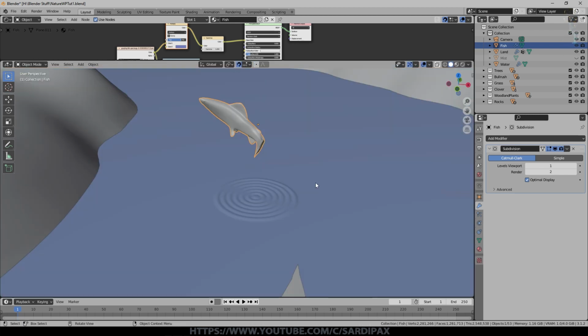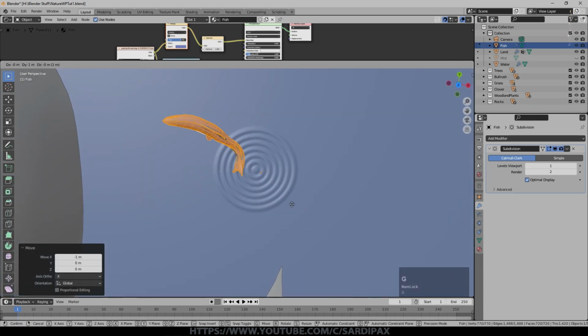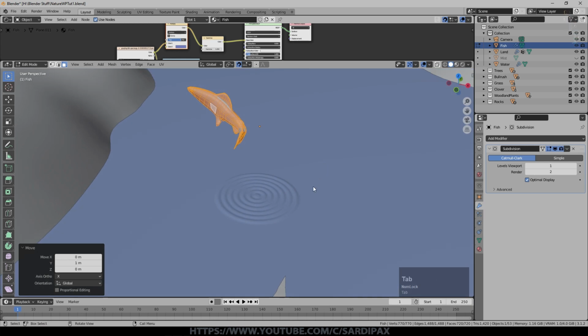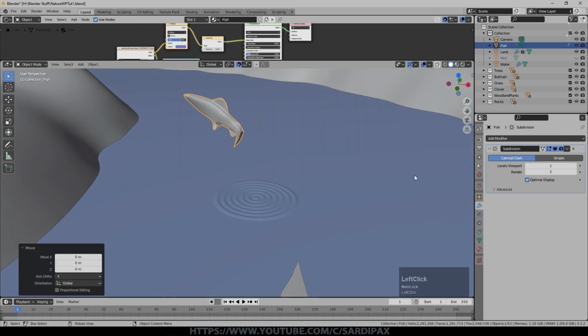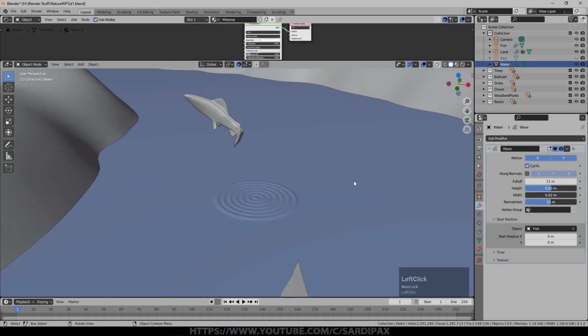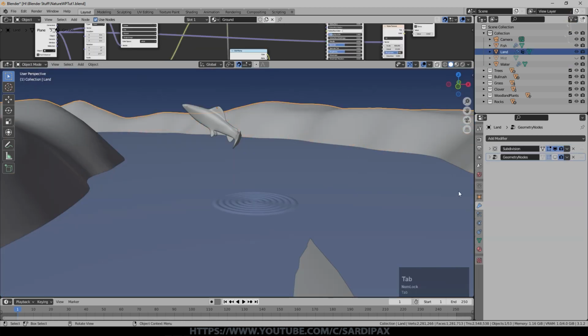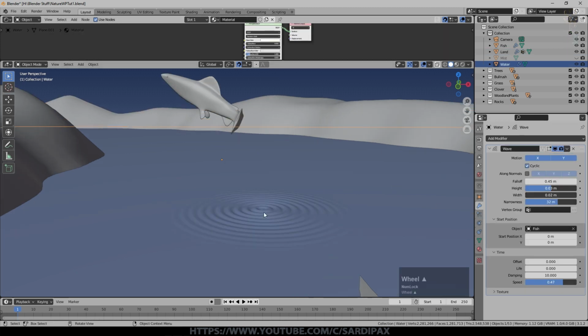And then you can see the water splashes have stayed where they were, even though the fish has moved, because obviously he's leaping out of the water, so he doesn't necessarily need to be directly over them. And we can move him around a bit, but obviously we need to be somewhere near to where the additional geometry was added. I mean, you can add it to the whole thing, but that's an awful lot of extra geometry with the number of subdivisions you need. And you can do some of it with a subdivision surface, of course. And there, by playing with the falloff, you can now see I've got that more gradual falloff there.